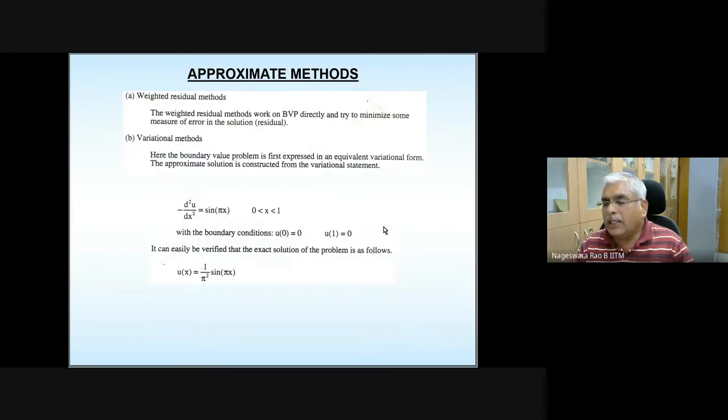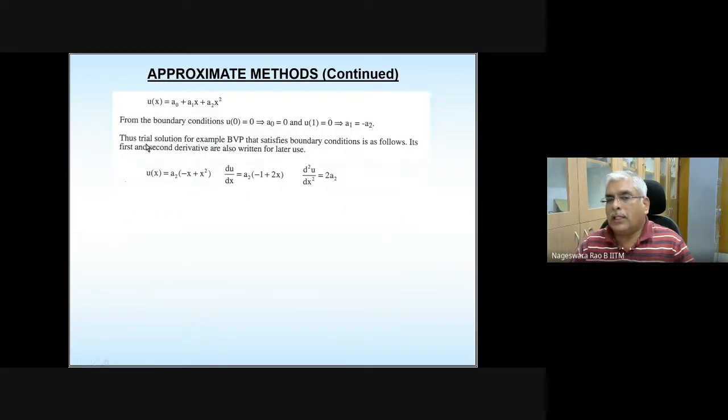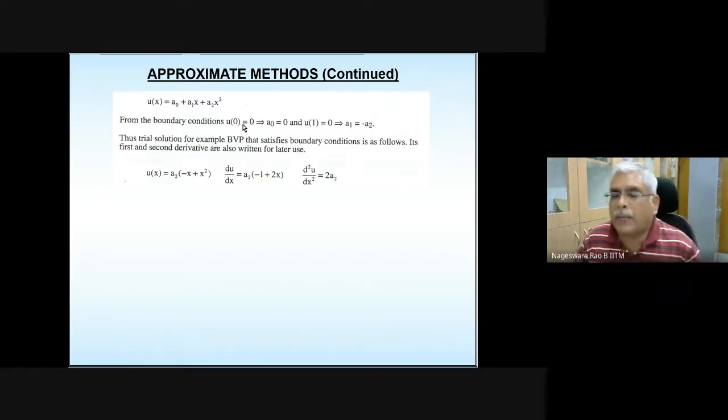That is the reason, given any order of differential equation, why we need to classify which boundary conditions are essential and which are natural. We noted that in yesterday's class. For this problem, both the boundary conditions turn out to be essential, so the starting trial solution has to satisfy both. Please write all these steps in your notebook, even though they are appearing in this slide.